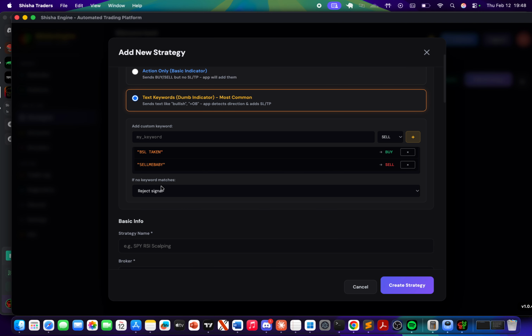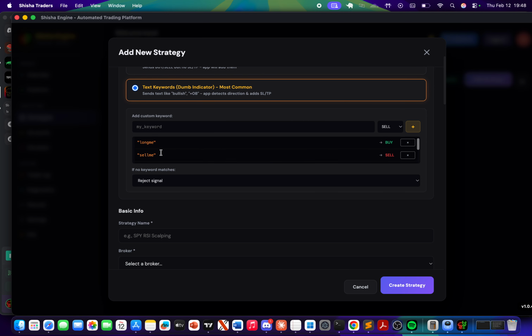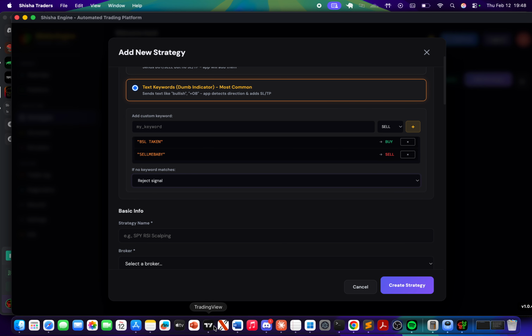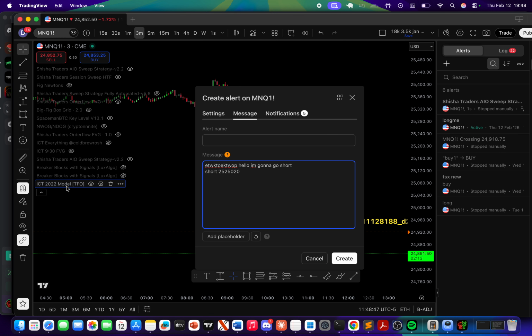Because we chose reject signal. Unless one of these keywords is printed, it will not take a signal. But of course, like I said, you can default it to this if you really want to still take the trade. So I just showed you guys today how to automate 3 different strategies,